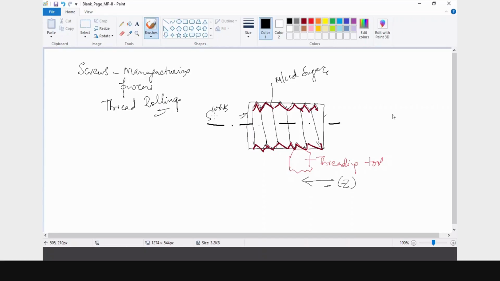And just before removing, as I told you, you are going to remove this part now. So this will be your transient. How you are going to operate and do the calculations for threading operations, we'll see in the later part. So this is one operation, and this is basically the threading operation.